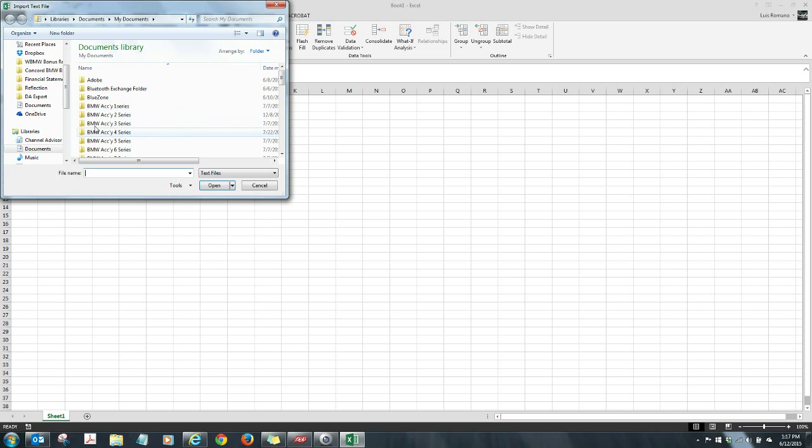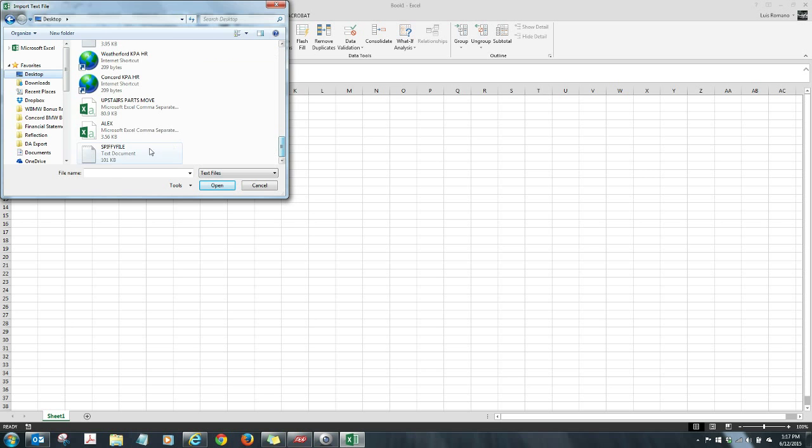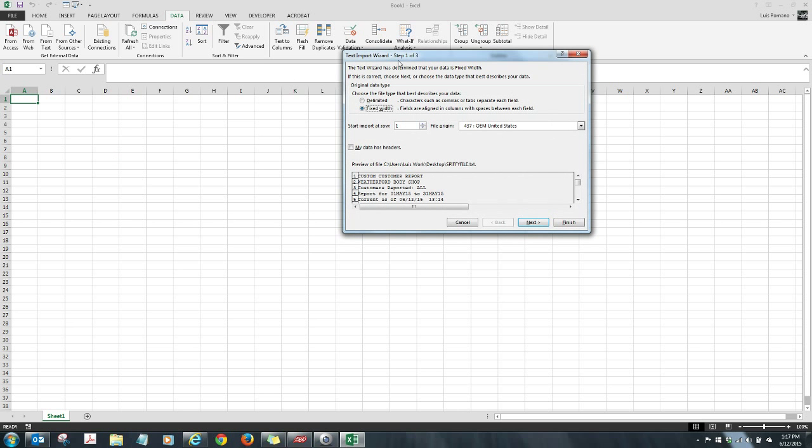When you hit from text folder, go ahead and find it. We put it on our desktop and we called it spiffy file. You go ahead and open it, and then from here, this is basically everything that you got printed. If you can see, this is the information that we want. Typically it's on 7. You see where it says reference customer. I go ahead and have it start where that is at,